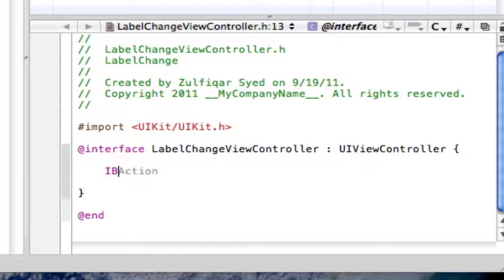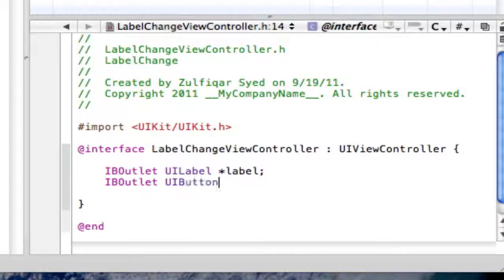You're going to type IBOutlet, space, UILabel, space, star, and call it label. Don't worry about whatever popped up. Then hit enter. Now do IBOutlet UIButton, because we are going to be creating 2 buttons. Call this buttonChange, semicolon, enter. Now for the last outlet, IBOutlet, space, UIB